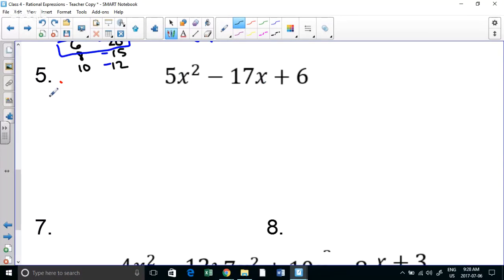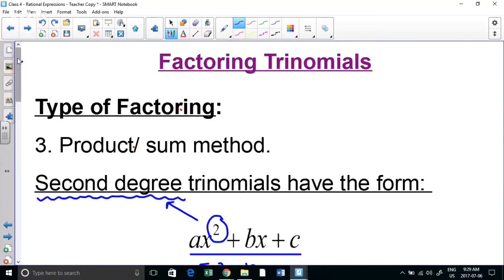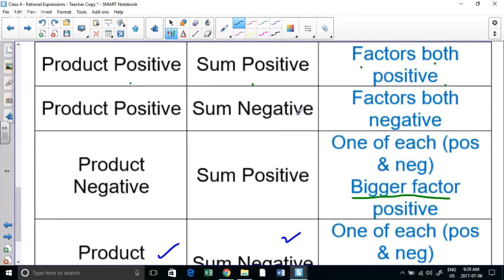So here I have a product of 3, because I have the 5 and I have the 6. I have 1 and 30, 2 and 15, 3 and 10, 4 and nothing, 5 and 6. To this, I have a sum of 17. So if my product is positive, my sum is negative, product positive, sum negative,